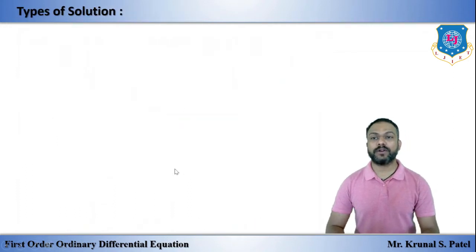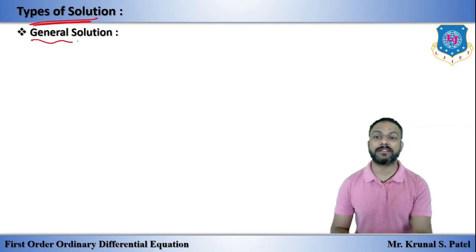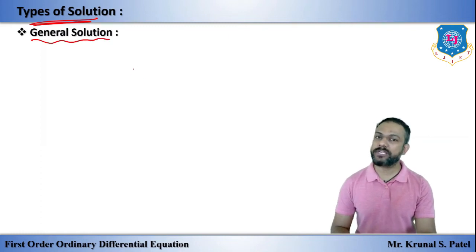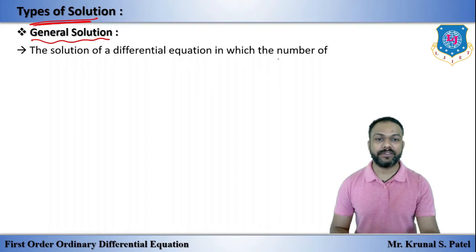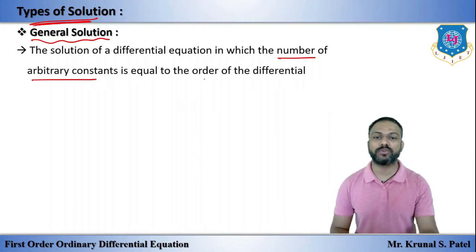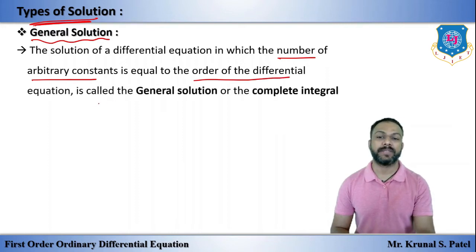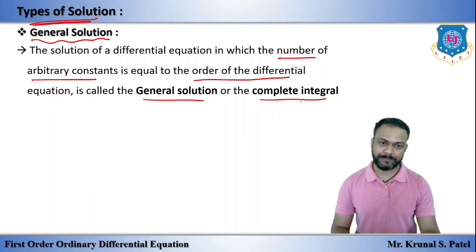Okay, now we have types of solution. Which are the types of solution and how many types of solution? So let's understand. First is general solution. So which kind of solution is called general solution? Solution of differential equation in which the number of arbitrary constants is equal to the order of differential equation is called general solution, or we can say that complete integral. Okay,